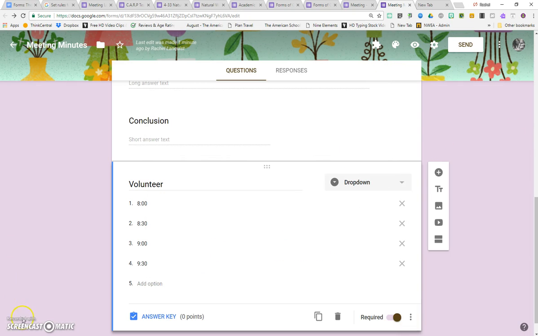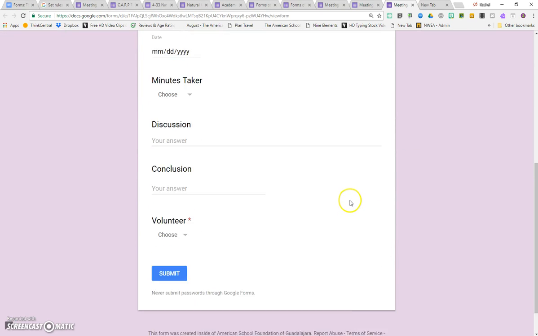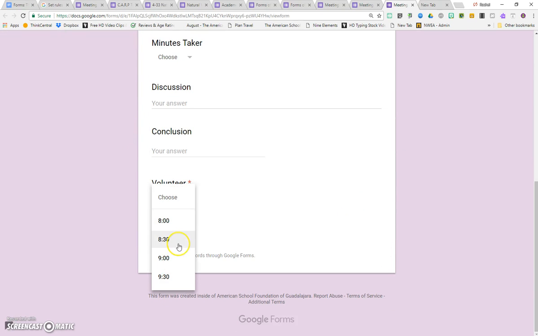So now, depending on how many people you allow, or how many people can choose that option, it will automatically eliminate that one if somebody else chooses it. So that when I'm looking and I can choose a time, and that's what I can choose, and then it will no longer